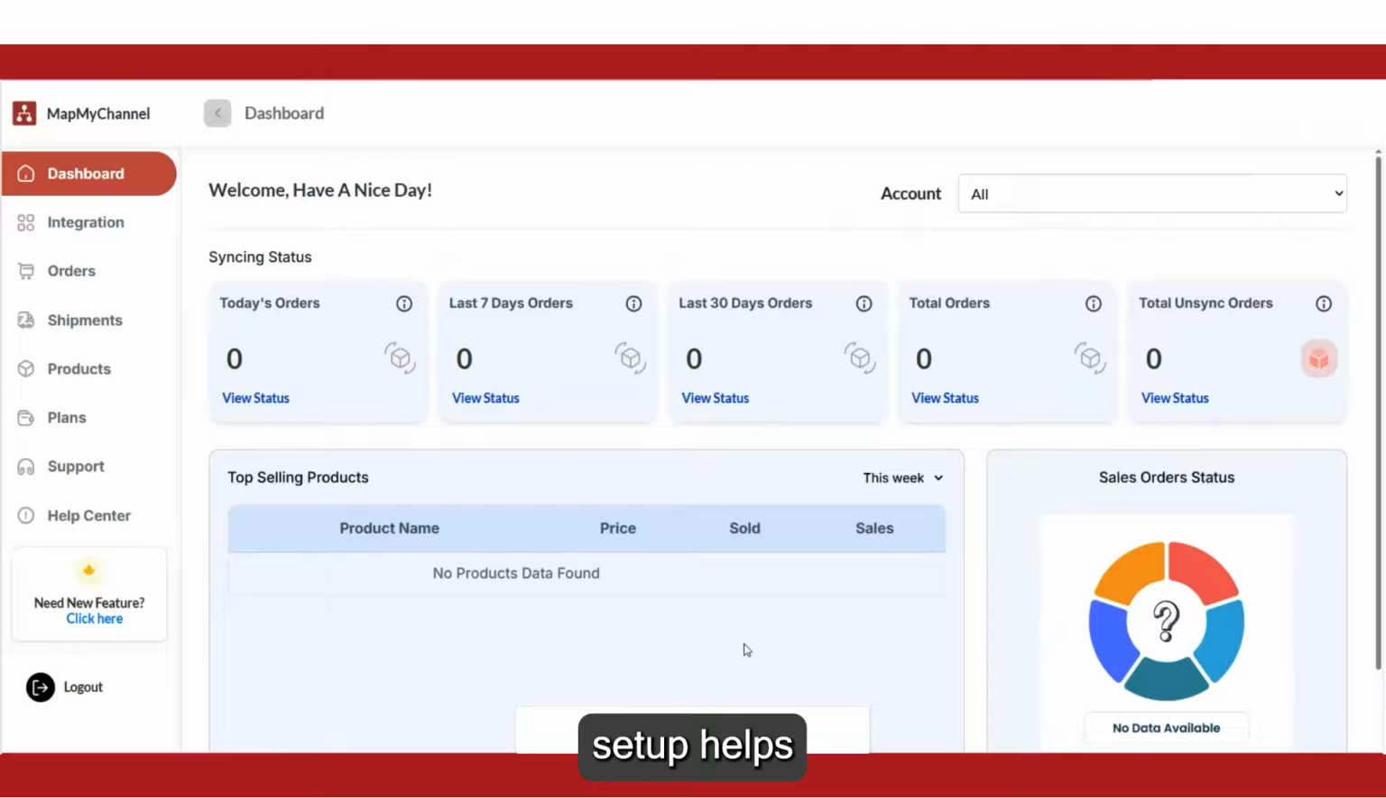This seamless setup helps you manage all your channels and operations from one unified platform that will save you time